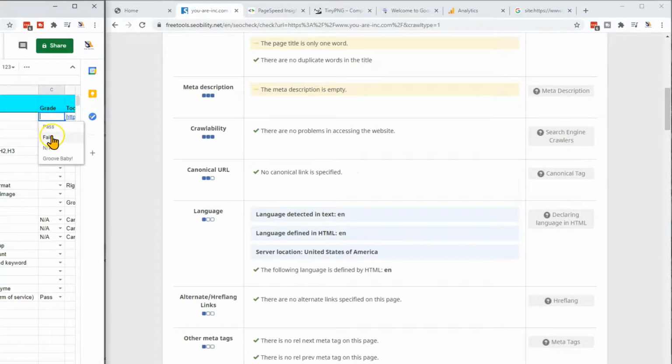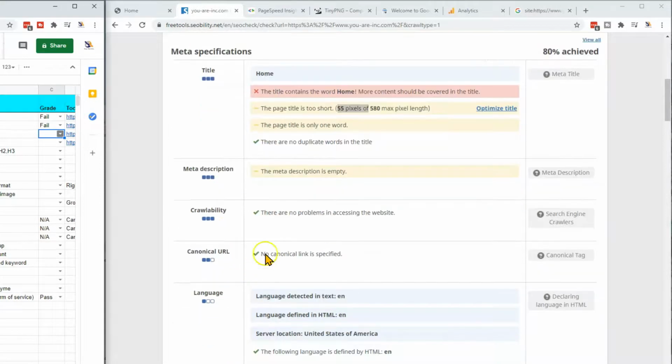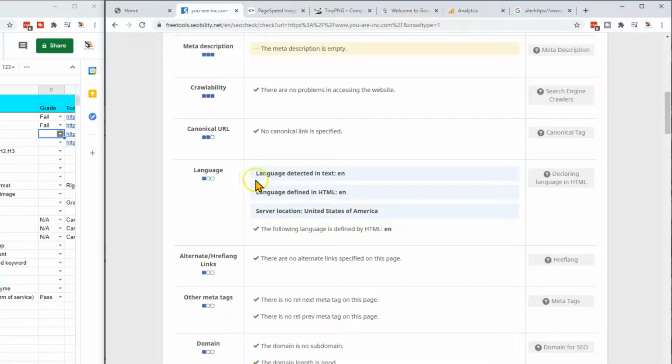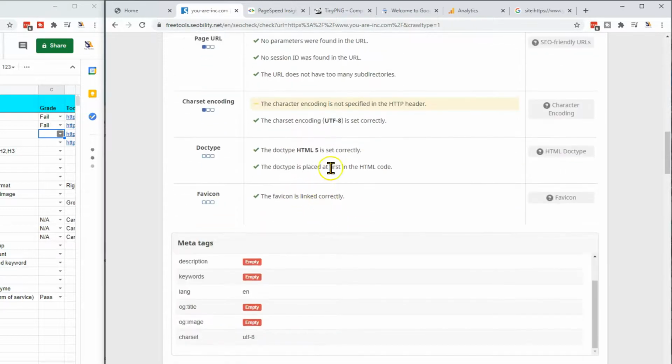What other things do we have? This is a fail: page title, fail; meta description, fail; meta tag. Do I have a meta tag? Meta description, crawlability, okay. These usually are good with Groove Pages because it's already done. This here is something that we don't have control over on Groove Pages. For example, I speak French. I may make a site in French, but I will not be able to change the HTML language for the page. It's not a big deal, but it's a flexibility that would be great to have in Groove Pages. The domain, the page URL, doc type, okay.